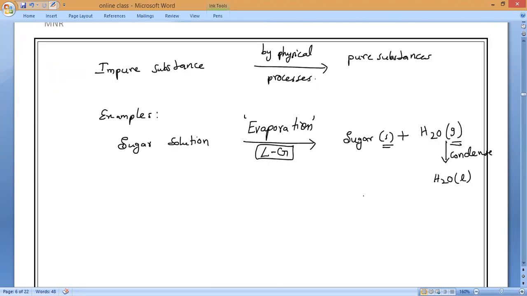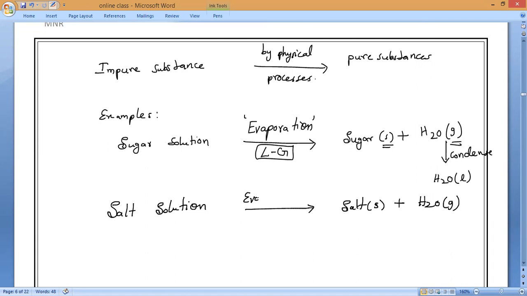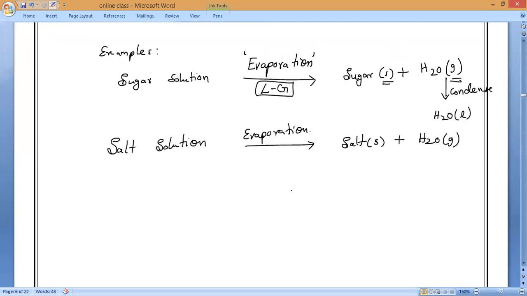In the same process, we are producing salt. In Rameswaram, you might have noticed, we are getting salt from seawater. How? By evaporating only. Yes or no, guys? Yes. So we are getting the salt crystals by evaporating water only. That is what you have to remember. So this is also which process? Evaporation only.